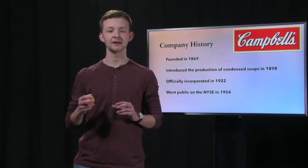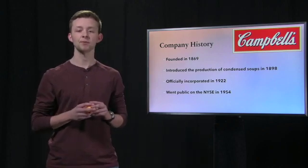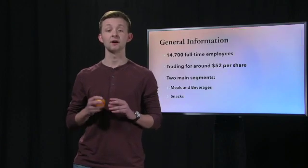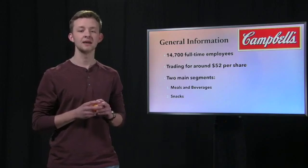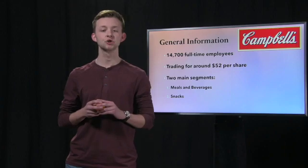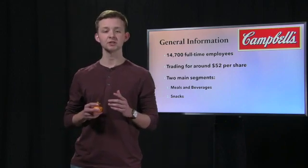Since then, after several transfers in ownership and company acquisitions, Campbell's has expanded their product offering as they now operate in the broader packaged foods industry. Currently, the company has just south of 15,000 full-time employees, and their stock is trading for right around $52 per share. The company has two main segments that they operate through, and that is meals and beverages as well as